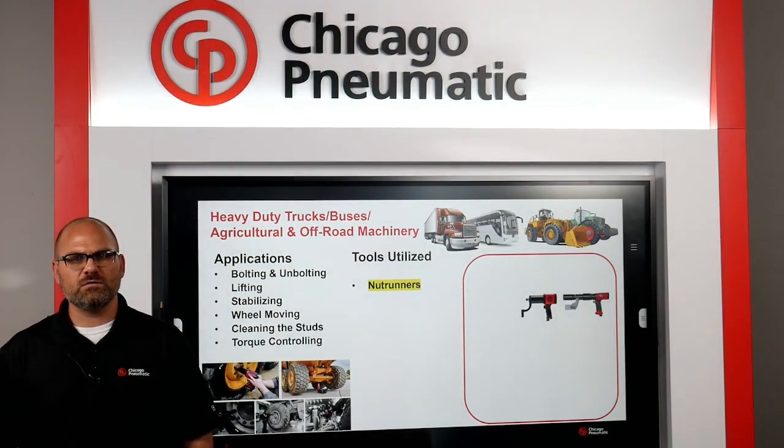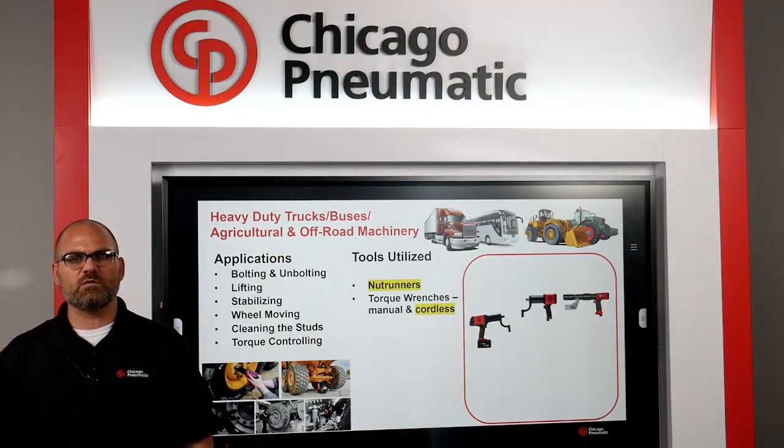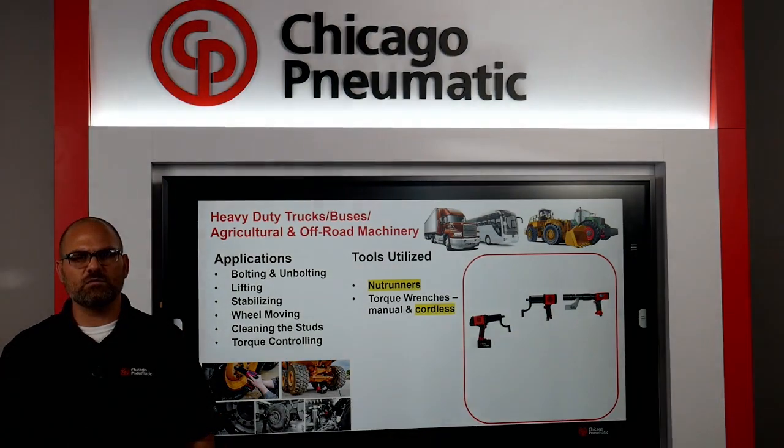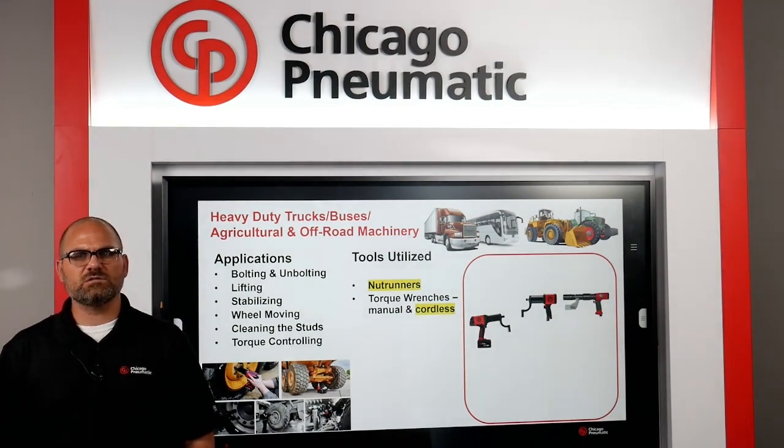Maybe you're working in the field and need more mobility but don't want to compromise on precision. Then our new CP86 series cordless torque wrench with plus or minus 4% accuracy is the perfect tool for you. These are available in 4 different sizes and 21 different models, producing up to 5,975 foot-pounds of maximum precision torque. The one pictured here is our